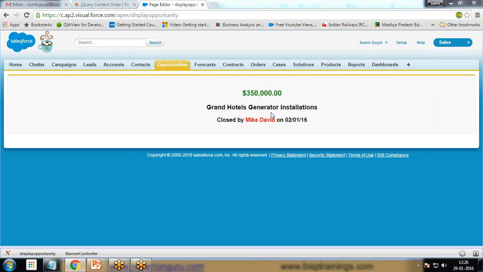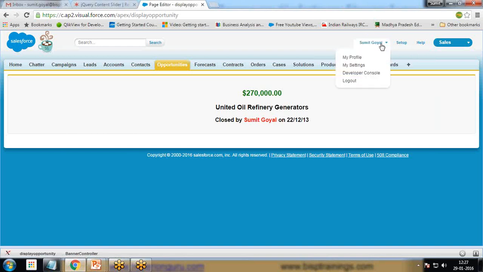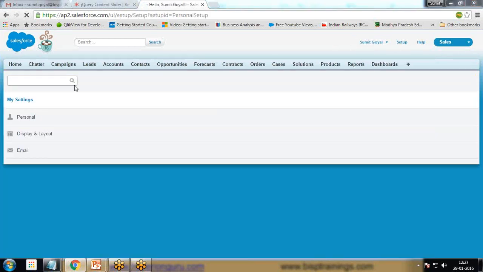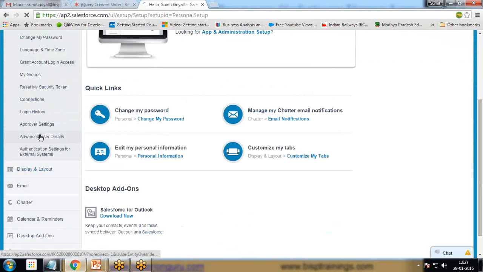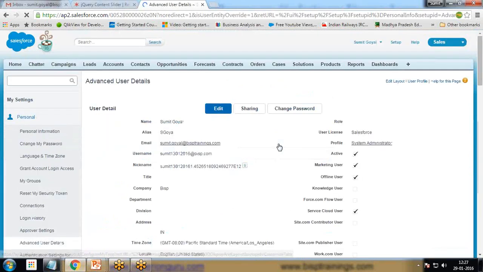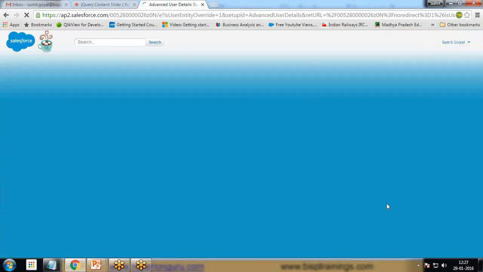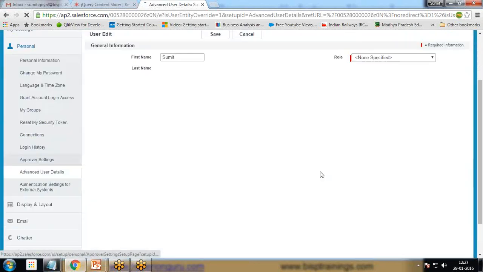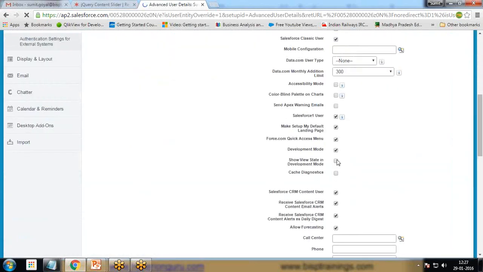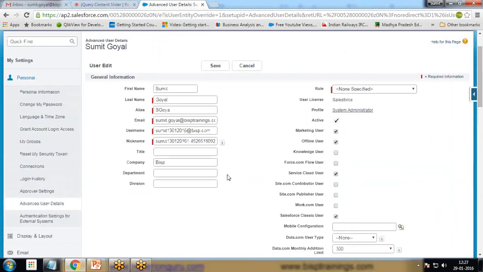Now I would like to add this on the users' home page. To do that, we need to do some settings. First of all, I'll switch to my settings, personal, and disable the development mode, because if you do not disable the development mode, you will not get the exact output. So I disable the development mode, uncheck this, save it,